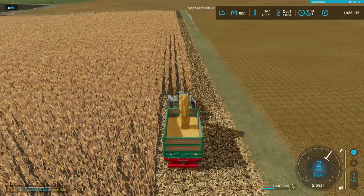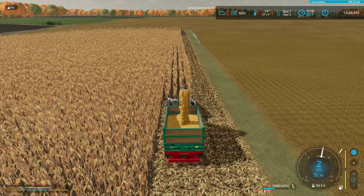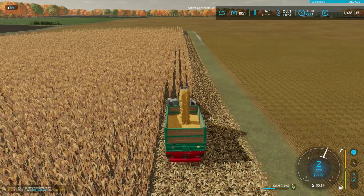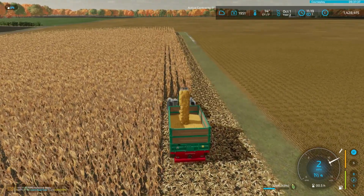Yeah, I've got some changes that I would like to make to that field. At the far end, right in front of us, right up the other end, I might cut it off and have the bottom end bit as a bit of grass, just as grassland, and then have the rest of the field as